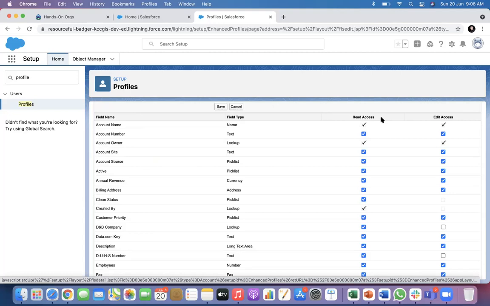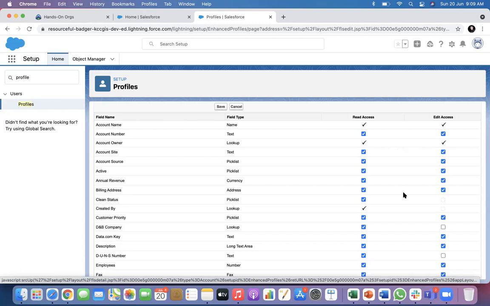Okay. So system administrator is the only person who can create columns or fields, and they can delete them also by default. No other person has access to setup. This is not related to that. This is data inside an object. So whatever data is there in this field, can I see that? Can I edit that?